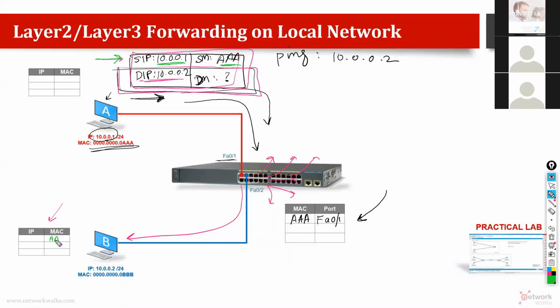So it will mention in its own table that whenever I want to send to this guy, he has a MAC address of AAA. So now he says, okay, I am happy and I can help you. Now computer B says, I am the one which you are trying to find, and this is my MAC address. So from here, computer B will reply. He will construct the same thing like this. He will say, I am the one. Now it will construct a new packet: source IP, destination IP, source MAC,